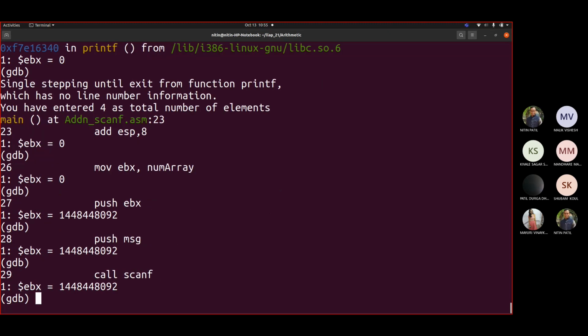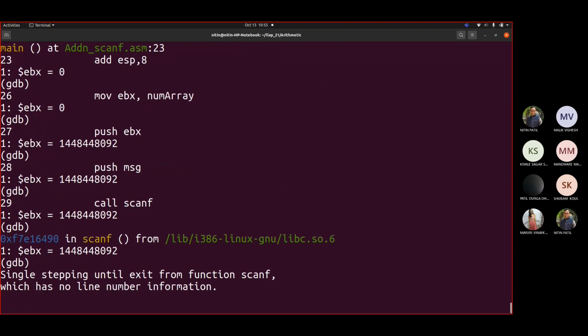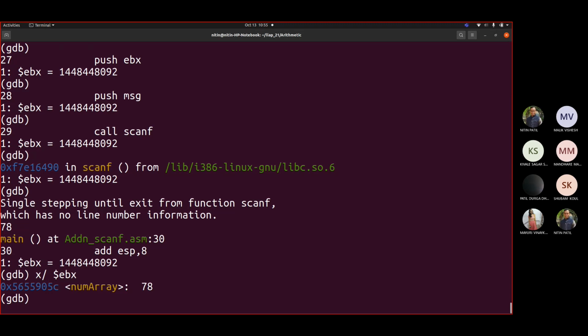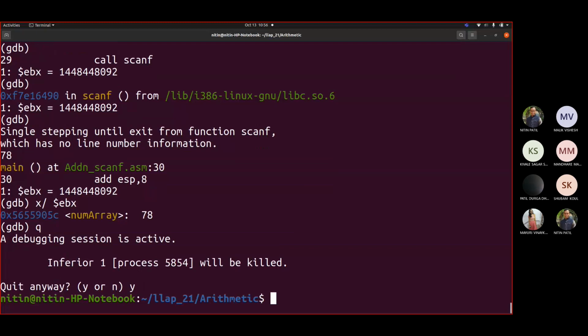Now it is asking me to input a value. So suppose I give 78. Okay. Now if I see this value, can you see 78? Correct. So this is how I would be reading the value in an array. Fine. So I got now the first value.